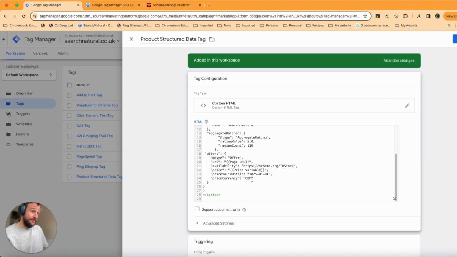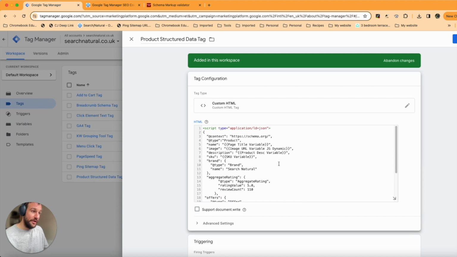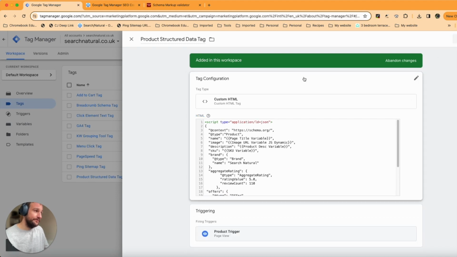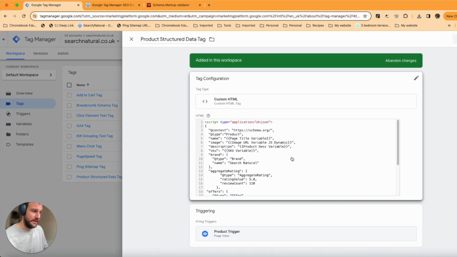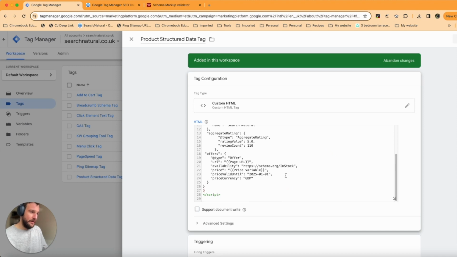Once you've pasted this in and you've checked everything, you can hit save and it'll be ready to go. You'll need to define a trigger. You'll probably get a warning that you should add a trigger, but you can save and close out of it without doing so. One thing I have added is a static value, which you may want to make dynamic, or